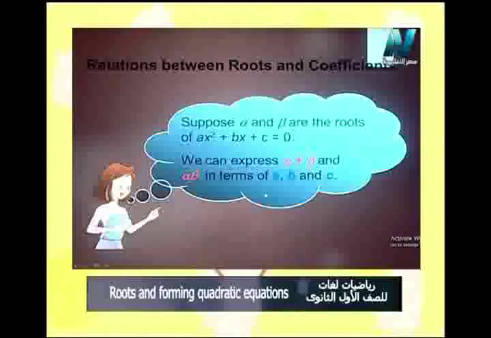So pay attention, my dear students, now to find out the relation between the sum of the two roots and a, b, c, which are the coefficients of x power 2, x, and the absolute term. Look carefully. We have the general form ax power 2 plus bx plus c equals 0, and we have to make x minus alpha and x minus beta. And my dear students,